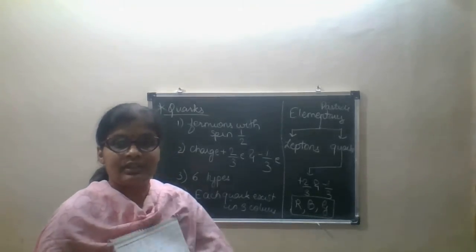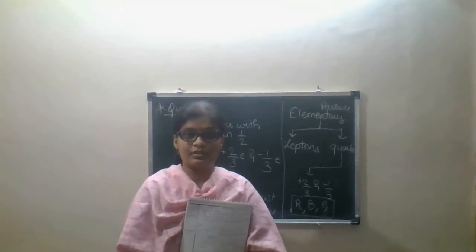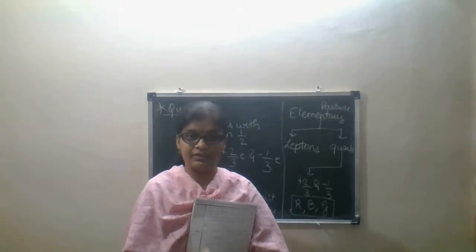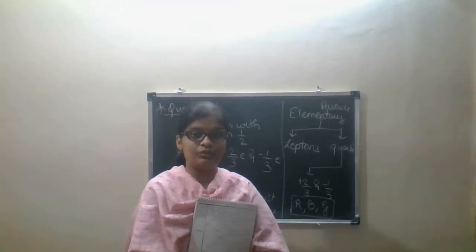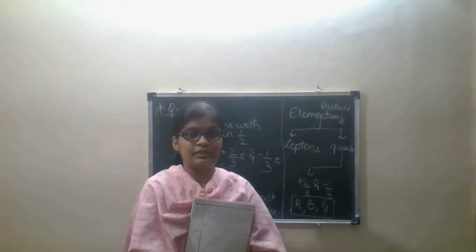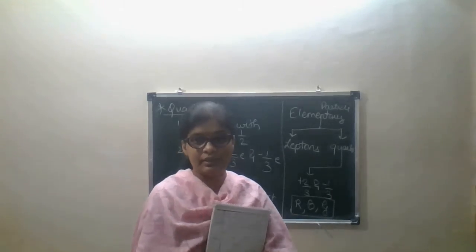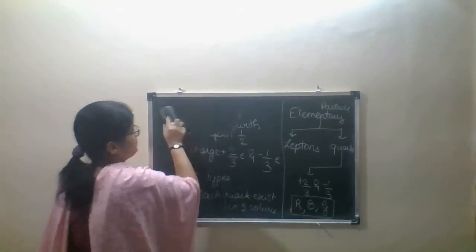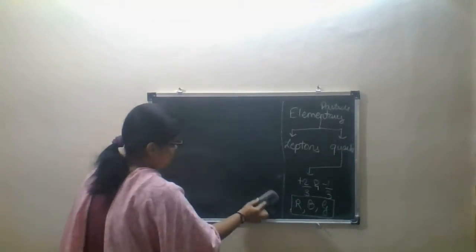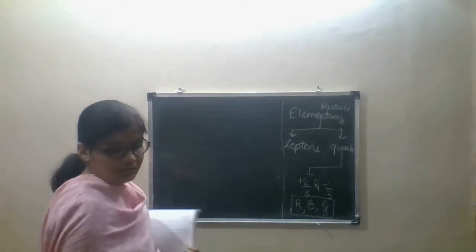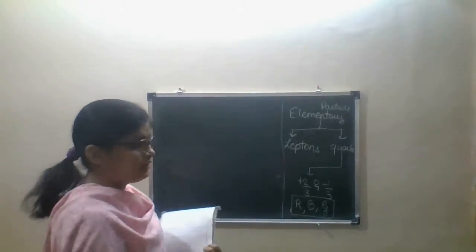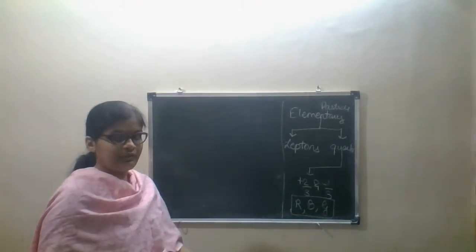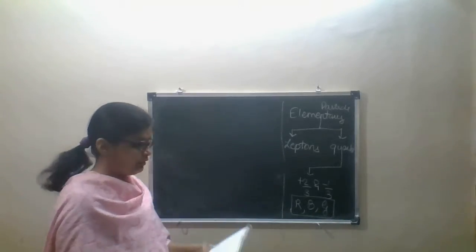As the quarks are there, the antiparticles also exist. What are the antiparticles, their respective charges, and how are they represented? As quarks are particles, we must identify how the particles are named. You must learn everything by heart, because in the examination we don't have time to recall this. We have to directly substitute the values of the charges and calculate the answers.